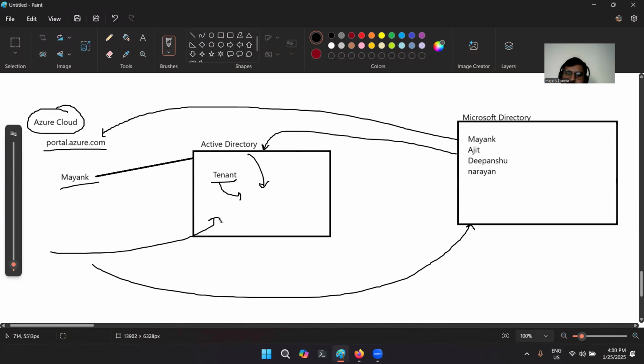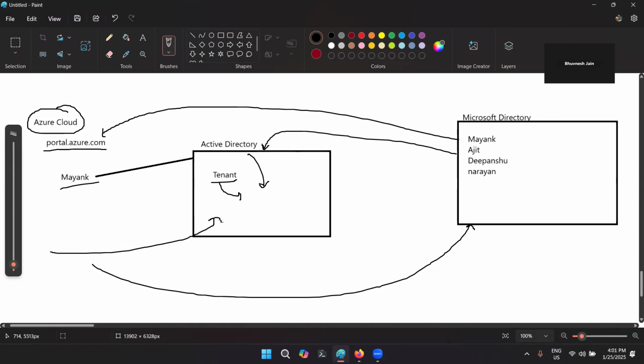When you use my username, the domain name is going to be different. It's not Gmail or anything, it's my domain name. Okay, so based on the domain name, it identifies which Active Directory will be used. Yes, I got it now. And if you don't have a domain name, then Microsoft will create one on Microsoft.com, something like that. We're going to see that also. No worries.